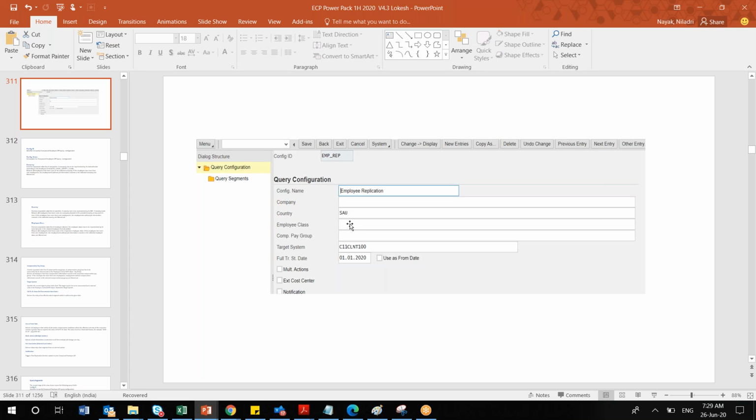But ideally, I have seen people tick it, use as a from date, if you're going for go live. Otherwise, what you can do, suppose you want everything, all historical information also, you just put it like